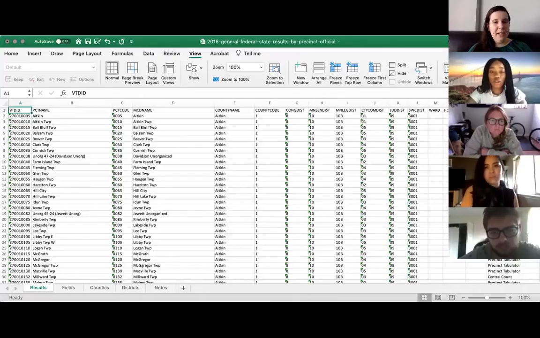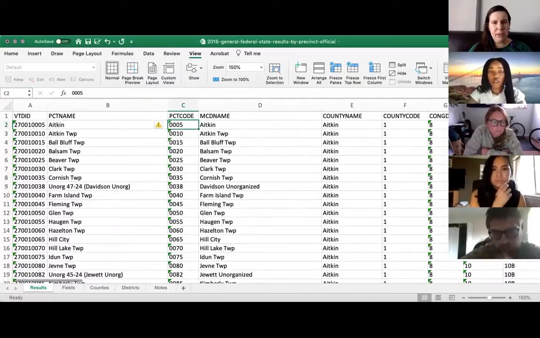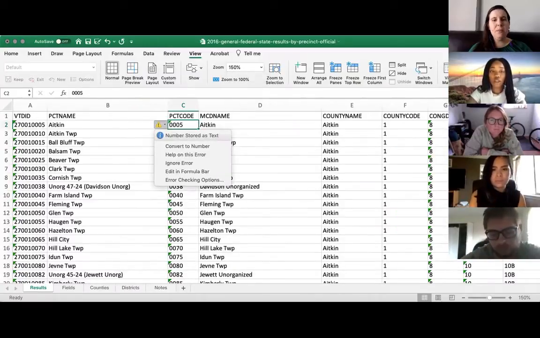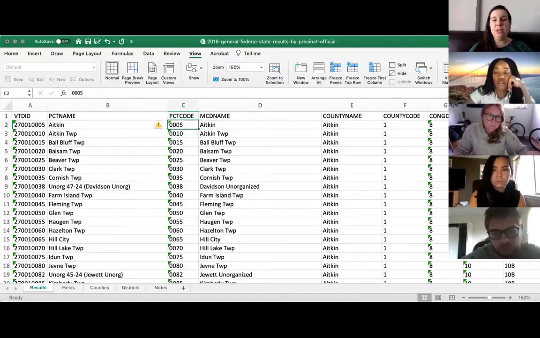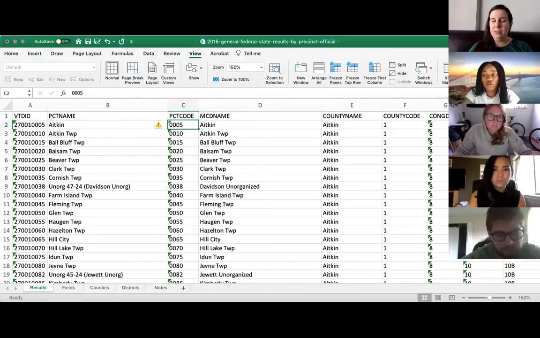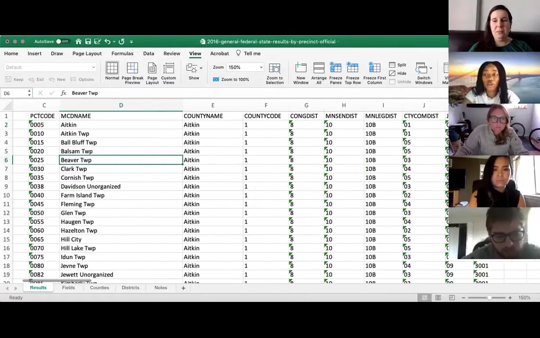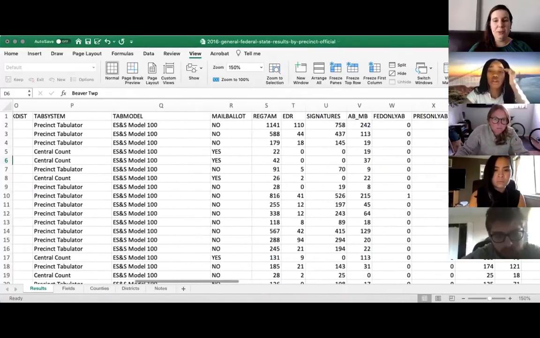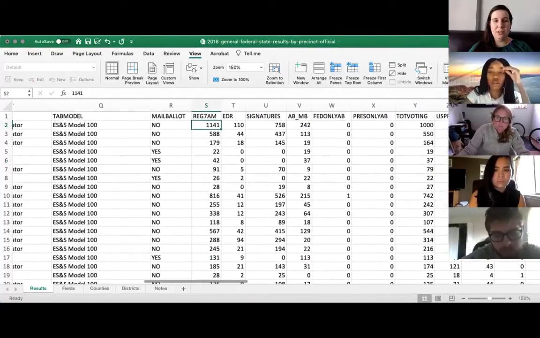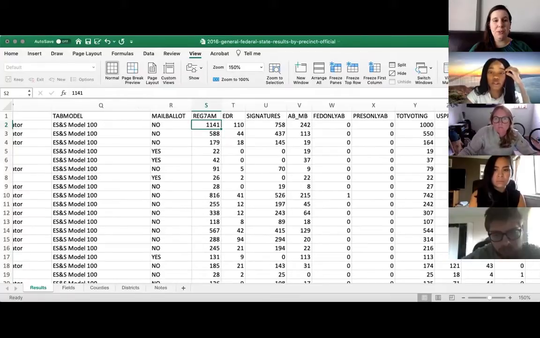Cool. So I'm back here. I see Excel keeps giving me these little warnings, and I'm not sure what they're about. So I want to click on it and find out. It says numbers stored as text. I would actually prefer that these numbers get stored as text because there's no reason I would ever want to add together the precinct codes because those don't actually have value. So it's fine that those are stored as text. When we get into something like number of votes, I want to make sure that these are stored as numbers. So if I want to see what kind of format they're stored in,